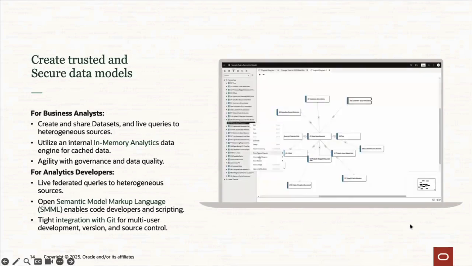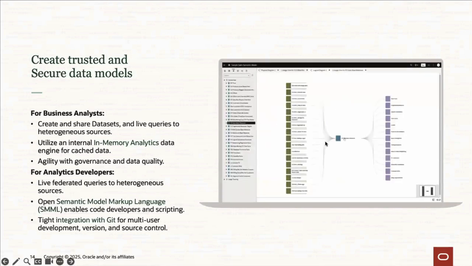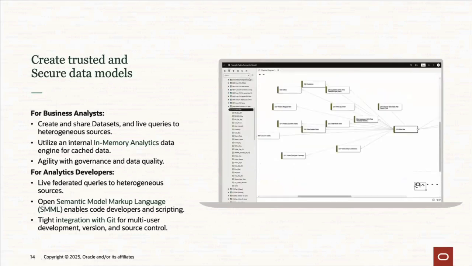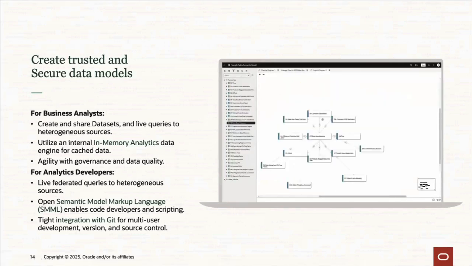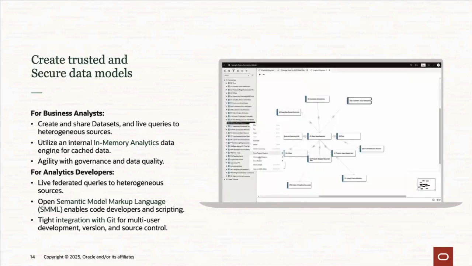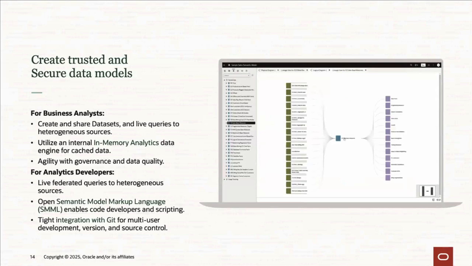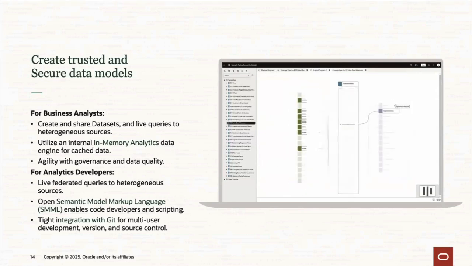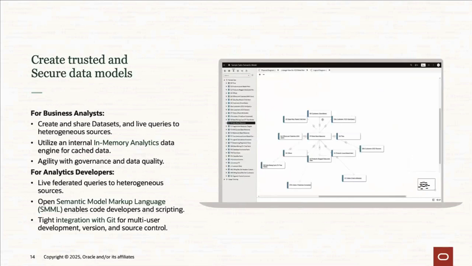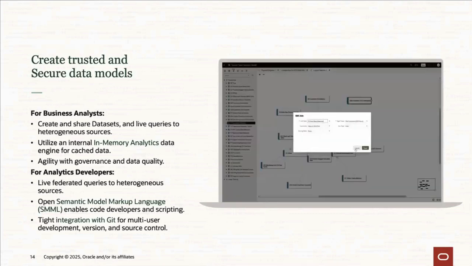And we can see here how some of these objects are laid out and how you can expand to a very, very large amount of objects, creating multi-dimensional layers to your models. And this is going to be using some of the same underlying technology as your SaaS Fusion applications and some of the other Oracle SaaS applications. So if you're familiar with some of those, then you'll have a head start in understanding and working with the semantic modeler on OAC.